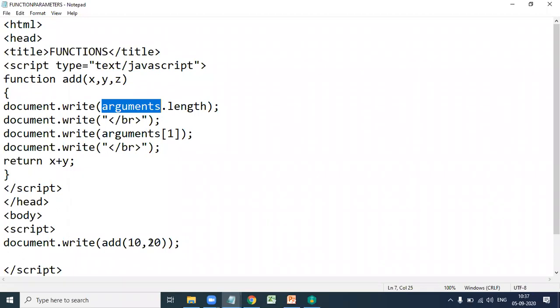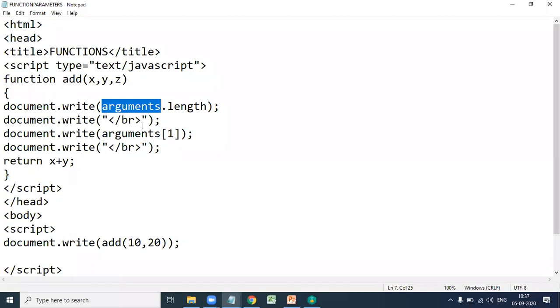In JavaScript, functions do not check the number of arguments received. If there is any missing argument, it is said to be undefined. If formal parameters are more than actual parameters, the remaining formal parameters are set to undefined. So here 3 formal parameters, 2 actual parameters, and the third one is undefined.